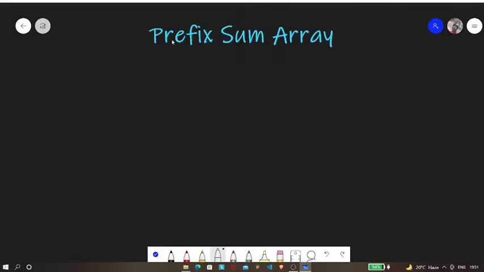In this video, we are going to talk about prefix sum array. Now, what is this prefix sum array? It is nothing but a data structure which is similar to an array. Now, why do we require this array? We require it in order to minimize the repetitions which may occur in an array, and also in order to reduce the time complexity. Now, what do you mean by it?